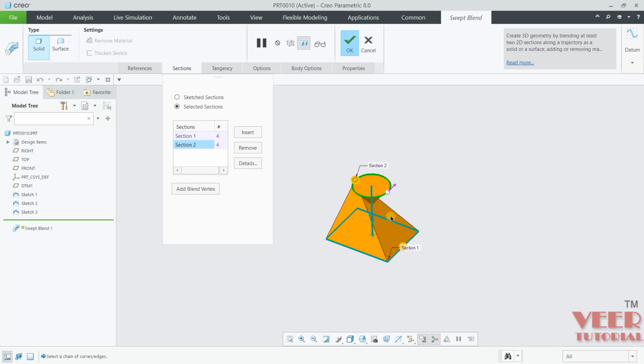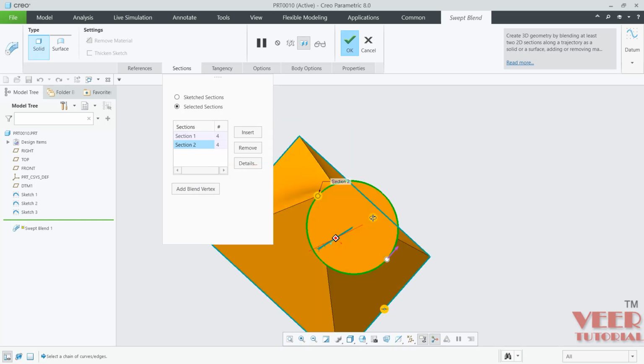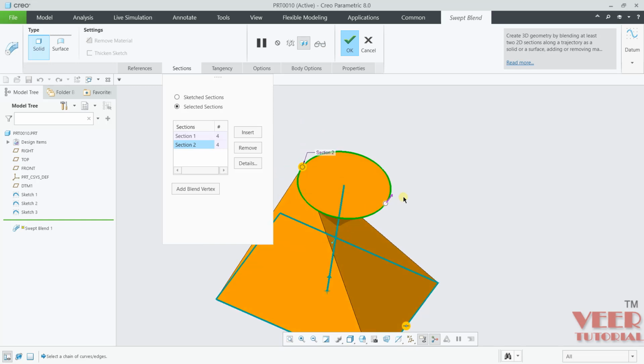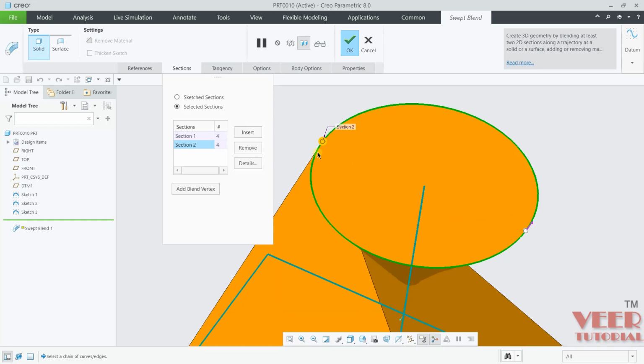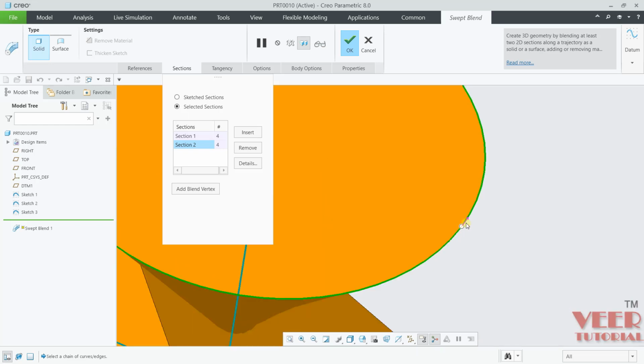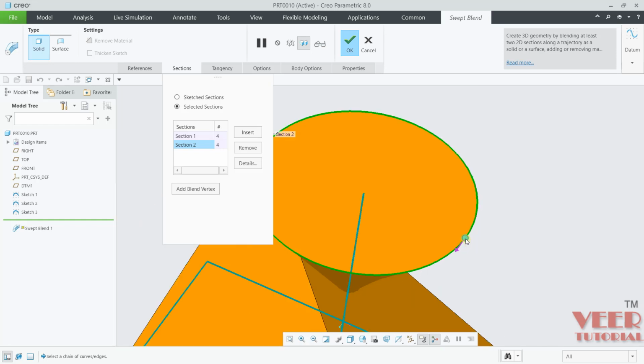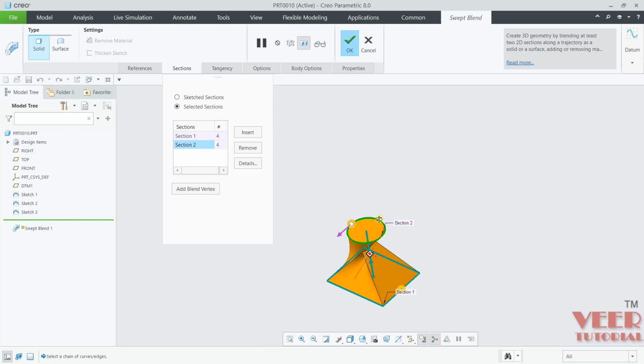But again you can see the swept blend once again is not proper. It is because of the orientation. The end point or the edges or you can say vertex are not aligned properly. One thing you can do is you can try pick and drag them. You can see this is the direction highlighting. I can make a double click on this. Once again make a double click, or you can pick and drag this like this. So with this method you can try to change the rotation.